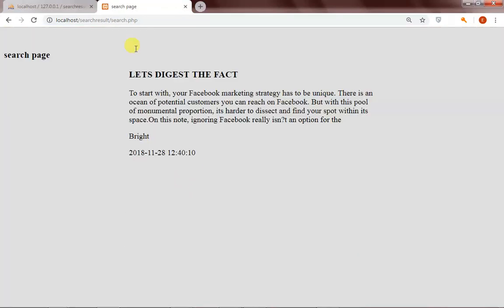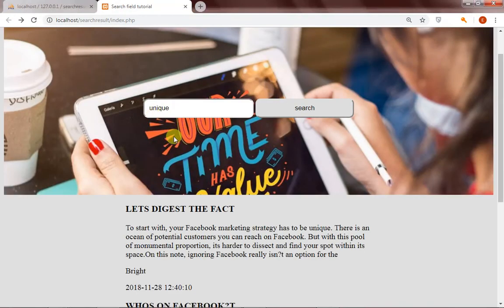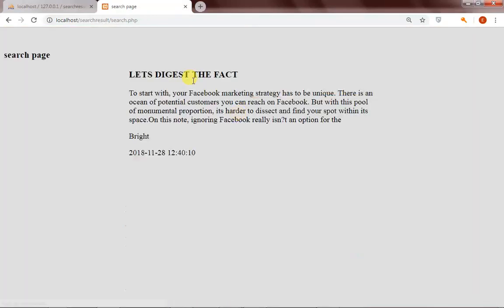Alright, so you see, this is actually the result for unique. So our search is actually working. So the next thing, let me search one more time. The next thing I actually want to do is to make this a link so that each search will